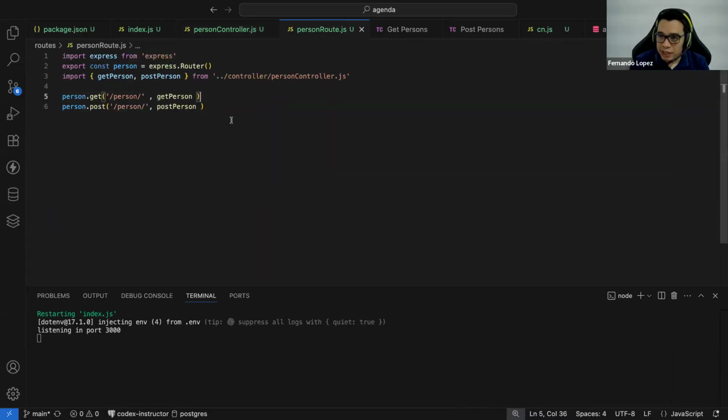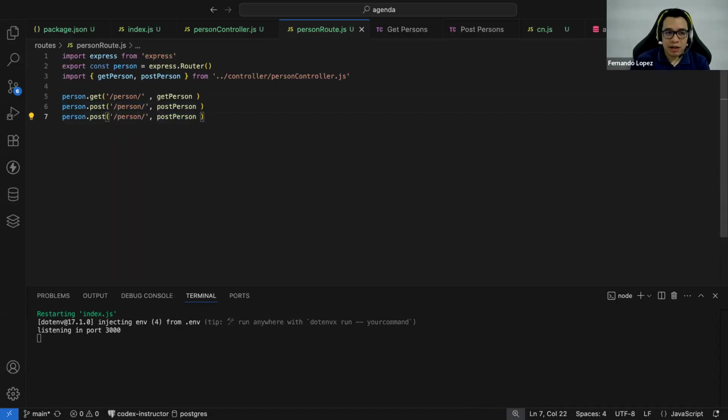In the route, every time that you are performing a deletion operation and an update operation, you need to pass the ID of the element that you want to remove or update from the database. If you don't pass the ID of the element, that could remove the entire database or the entire table, or we can update the entire table. So we need to pass that, that ID needs to be a mandatory ID. So we need to pass this ID here in the route.